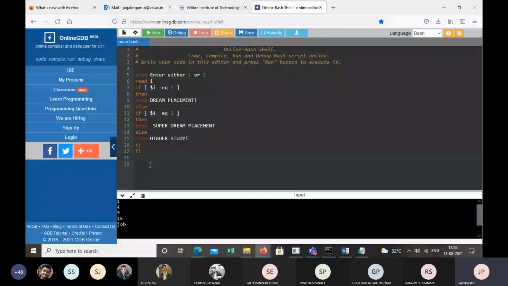Therefore, dream placement will be printed. Now, if the user enters 2, then line 11 will be executed because the value of I is 2. 2 is equal to 2, so this condition is true. Therefore, it is going to print super dream placement. And if the user enters anything other than 1 and 2, then it is going to print higher study.